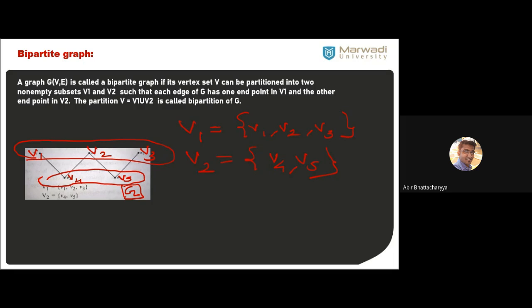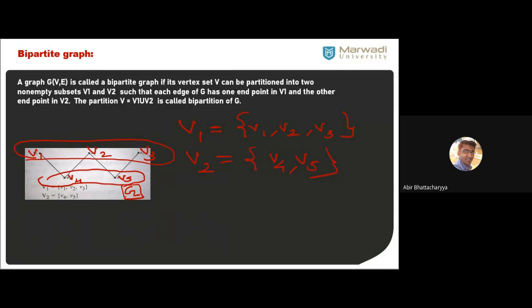That means this is not going to be just one or two partitions. There is an n number of partitions. That means it is possible to have a tripartite graph, but it's not in your syllabus. Tripartite means three partitions, tetrapartite means four partitions, and n-partite means n number of partitions will be there. You have to arrange like that. How you can make the feed forward network or feed backward network is a very interesting concept. This is called a bipartite graph.